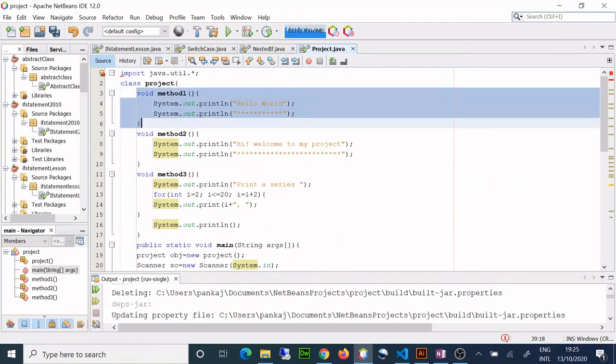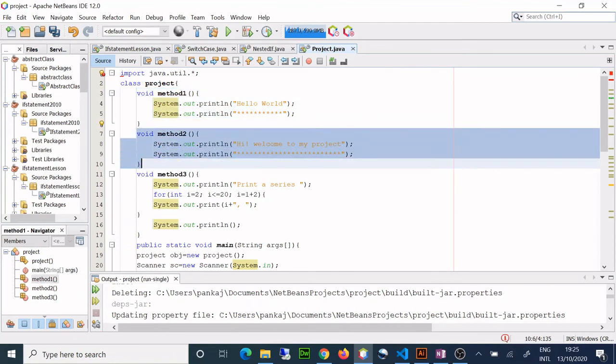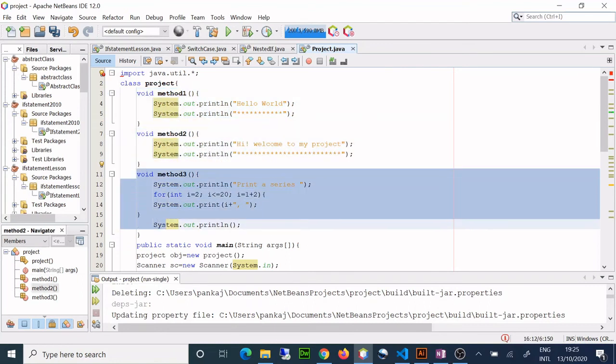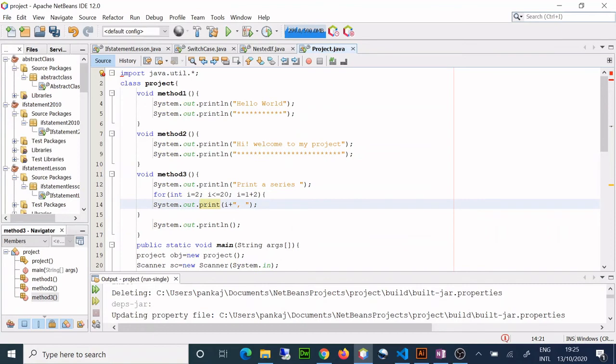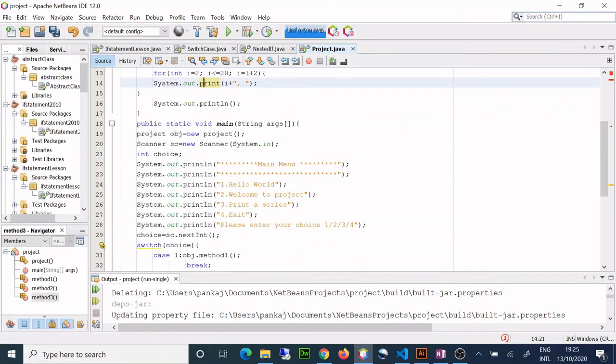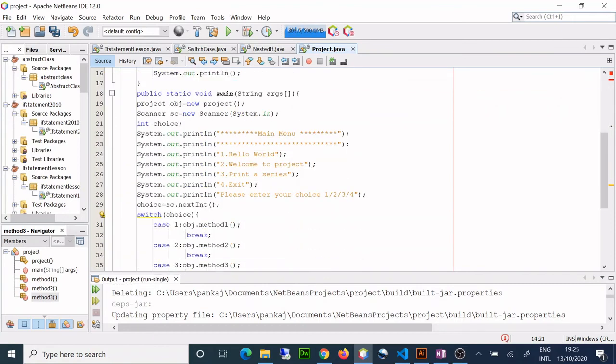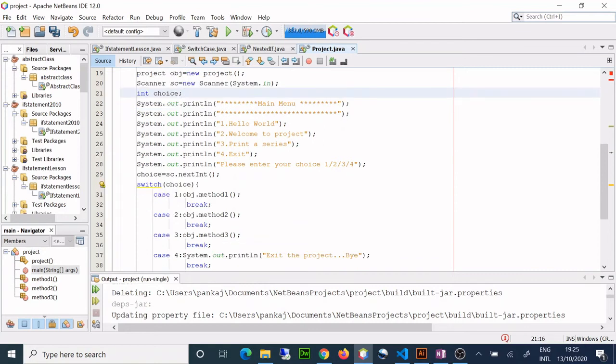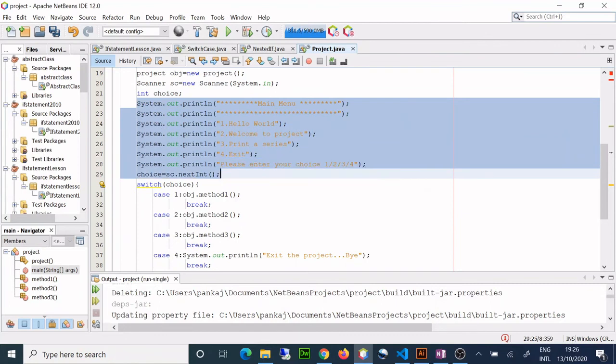I have a method here. Then I have another method. I have a third method here. So you can have your programs in methods there. Okay. And then this is the object, as you know, we have to create. Scanner asks for it. This is my input. So choice is my variable in which I'm going to input, and this is a little design of my menu. We'll see how it looks.